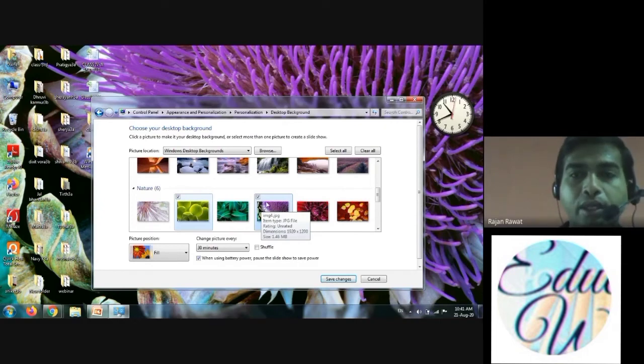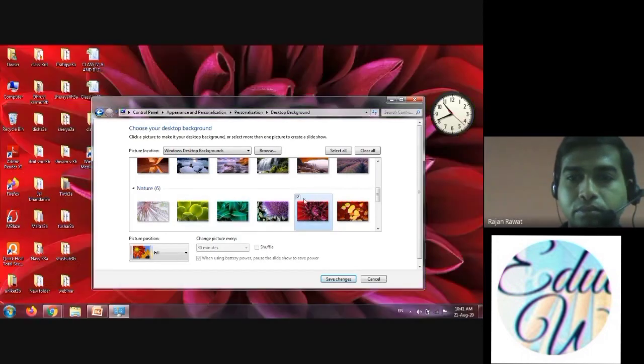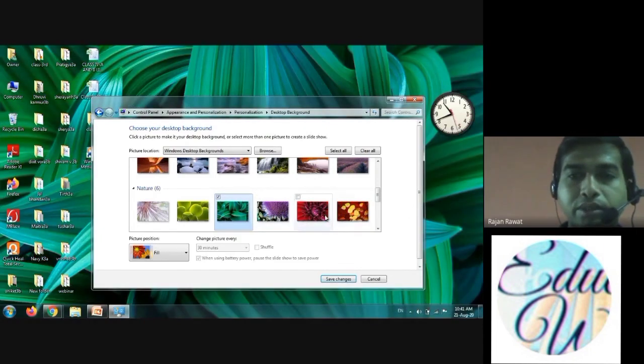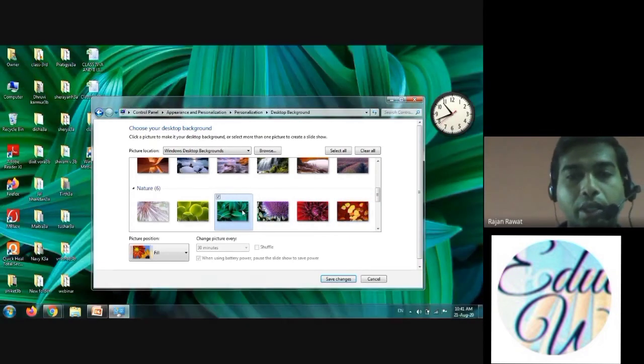It will not remain as it is until I do save changes. I can select any option from this available list. Whenever I click on any photo, it will directly display on my desktop so that you can see it live also. But at the end you have to click the save changes button.